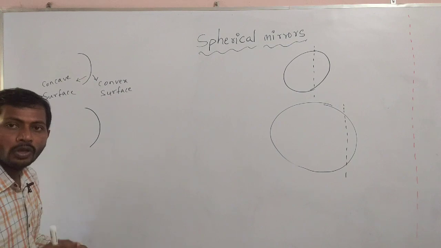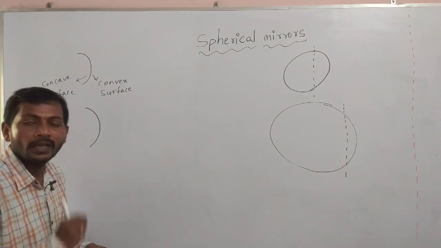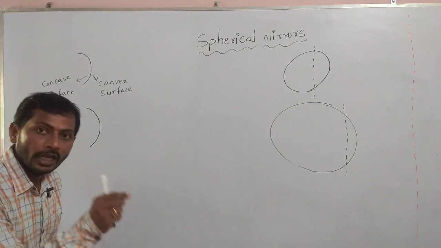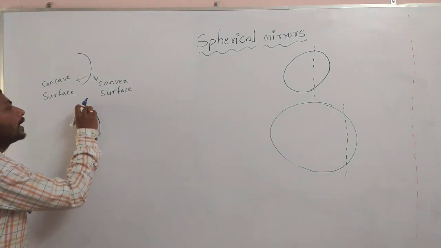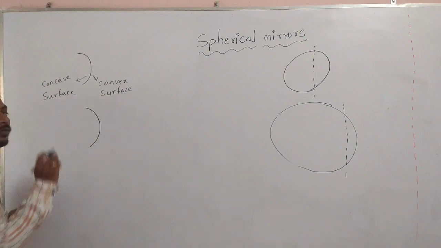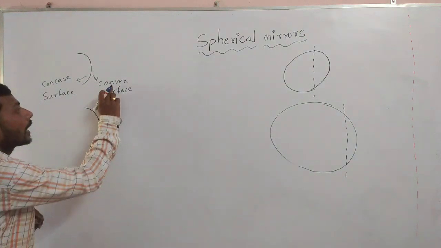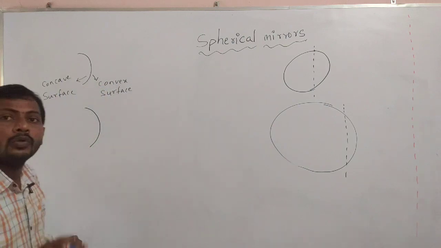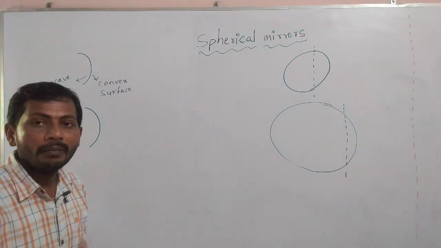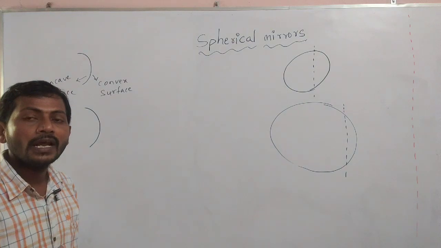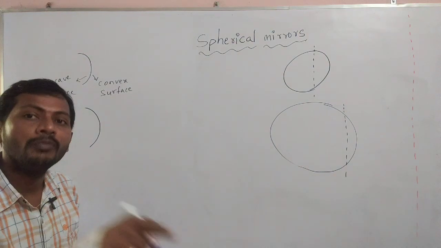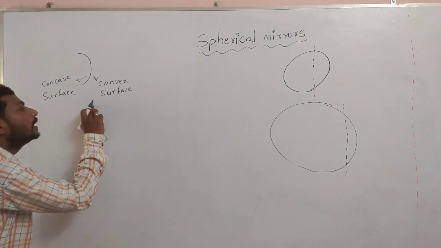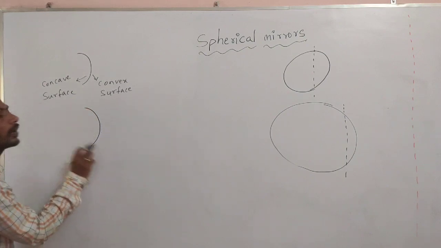Then we convert the silver into liquid, and we are going to make a coating here. Which side are we going to coat? Convex side or concave side? Convex side. Why are we doing the convex side coating? Because our intention, sir, is to make the concave mirror. That's why this surface should be coated. That's why here I am going to give the silver.